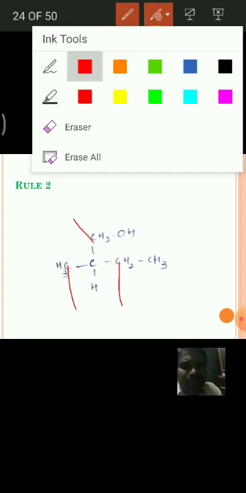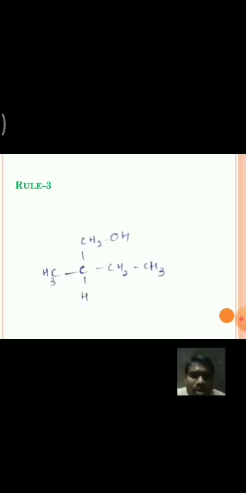For this we should understand the rule 3. What it says: when priority order is not decided by the first atom attached, then proceed with comparing next atoms further attached. That means when the first atom attached to the chiral carbon is the same, then we should compare the next atoms further attached. For this, if we observe this molecule,